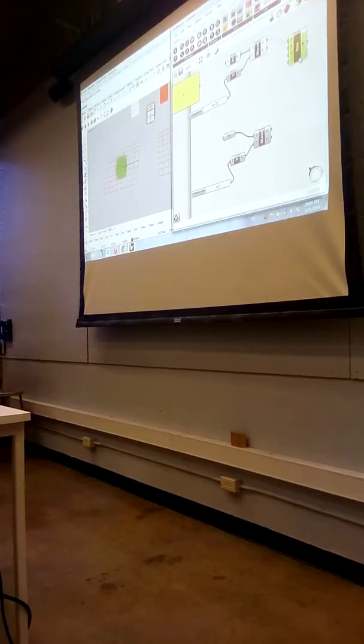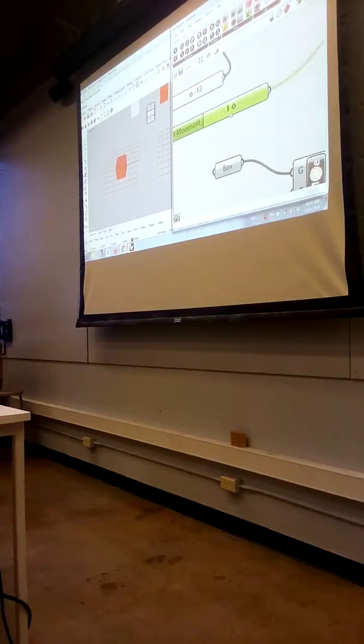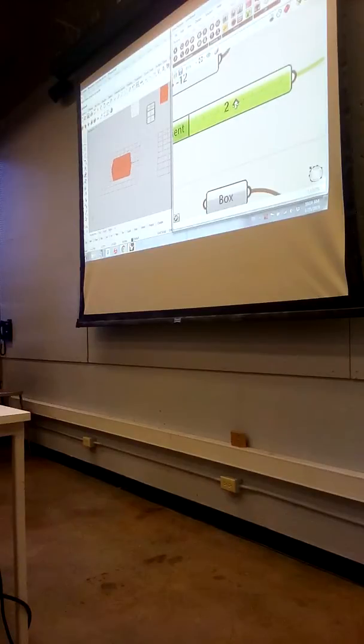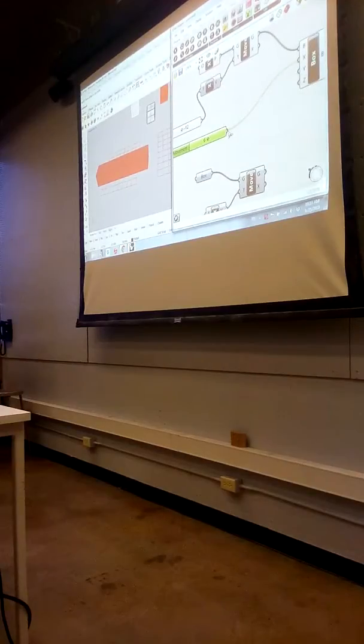So, for example, if I give this another number slider, let me just copy the one that I have. And let's say I plug that into the X right here. What that'll do is really just stretch this box in the X. Right? By 1 unit at a time, or I guess 2 units at a time. Okay. I could do the same thing with the Y. And that would just stretch this box